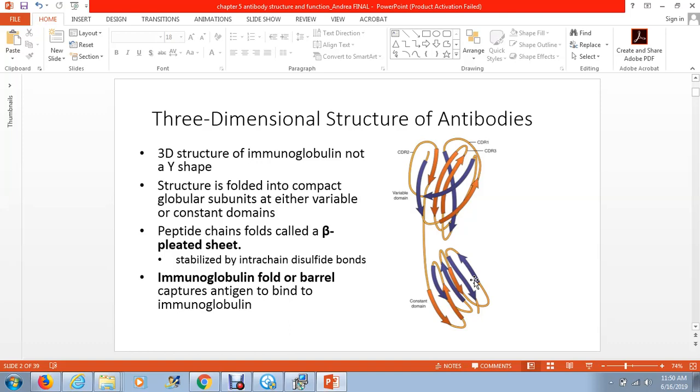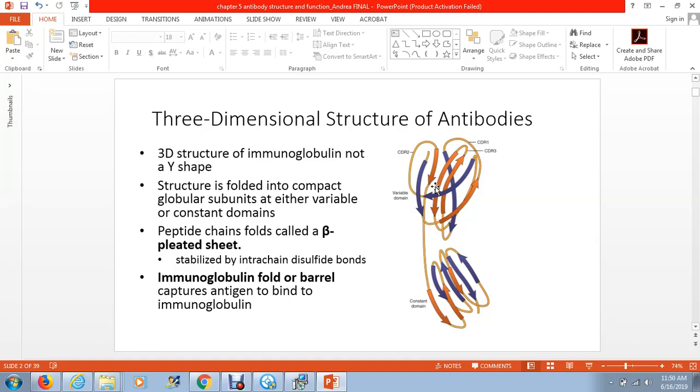Within the variable region, we talked about that being the site of antigen-antibody binding. And in fact, we talked about it like it being right on the tip of the variable region in our little Y-shaped 2D picture. But what in reality happens is that within these two globular regions, there's something we call the immunoglobulin fold or the immunoglobulin barrel. And what happens is that antigen gets captured within the barrel, binding to a really small sequence of amino acids